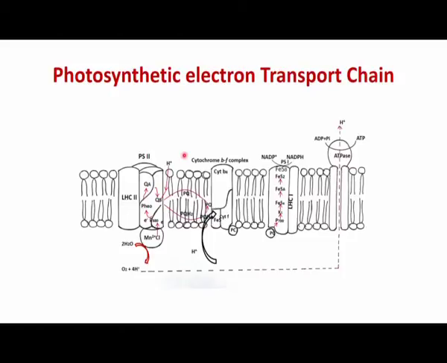So, the purpose of the photosynthetic electron transport chain is to acquire the energy from the sun and then utilize this energy to split the water into the proton as well as the electron. That electron flows through the different components present in the electron transport chain, and ultimately it is used for two different purposes. So, let us see what these different purposes are.